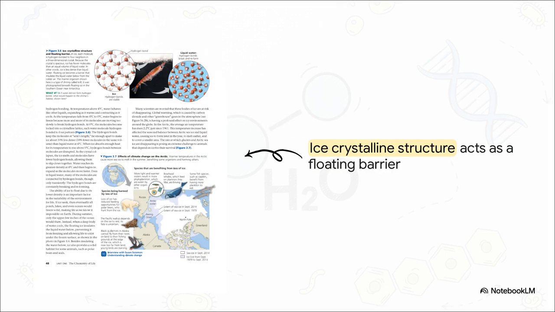Look closely at the crystalline lattice of ice here. As the temperature drops to 0 degrees Celsius, the molecules are moving too slowly to break their hydrogen bonds. So instead, they lock into this spacious, three-dimensional crystal. These hydrogen bonds actually push the molecules further apart than they normally are in liquid water.